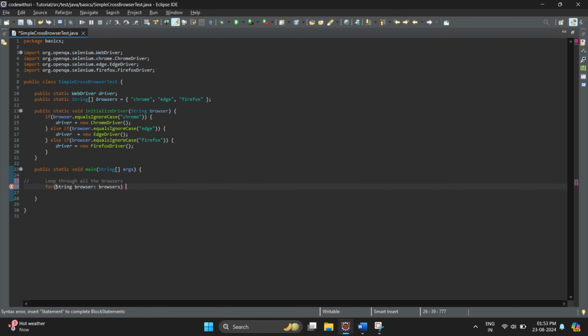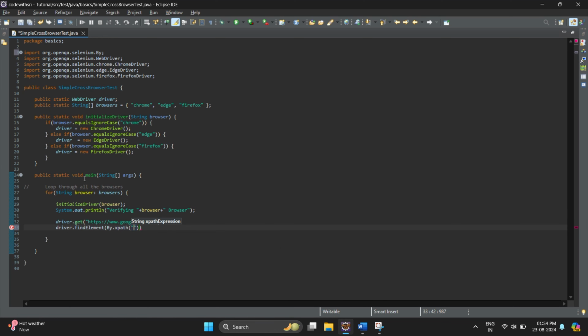The loop begins by iterating over each browser in the browsers array. The initialize driver method is called to set up the WebDriver for the current browser. Once the browser is up and running, we navigate to the Google website using driver.get. Next, we perform a Google search by locating the search box using its XPath and sending the keys Selenium followed